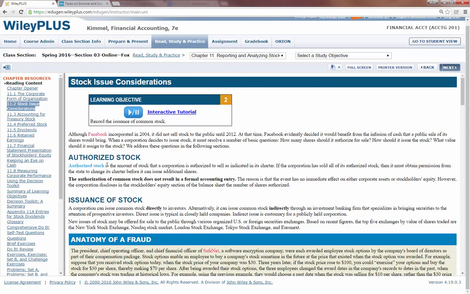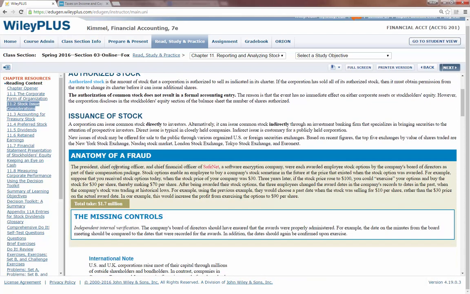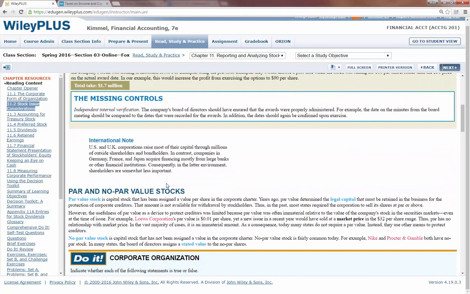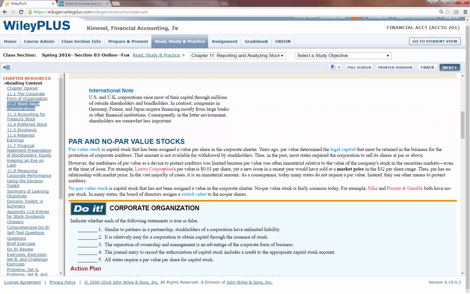Again, all these blue definitions, authorized stock versus issued stock, par and no par value stocks. Understanding par value, this is a thing that's probably the big issue or the big topic for this chapter that's hard for most people. Just remember that par value is an arbitrary number assigned as a value per share of stock. Usually when they write the corporate charter, that's when they assign that par value,